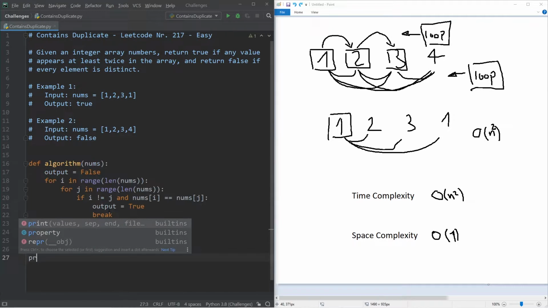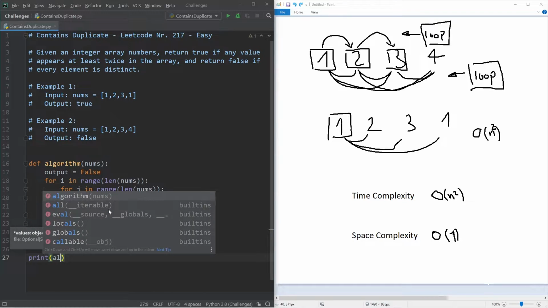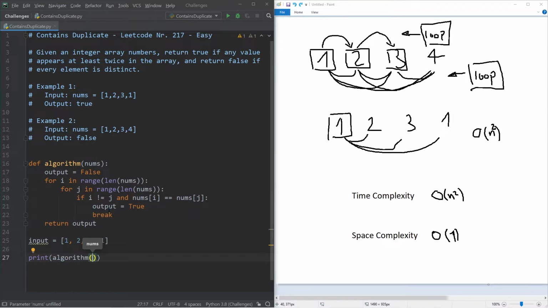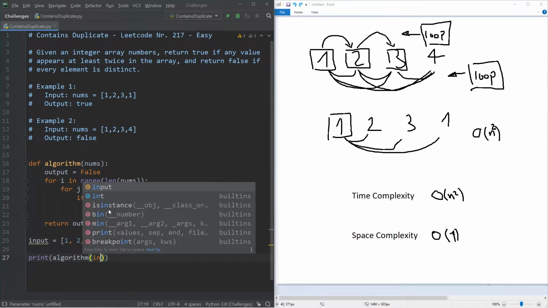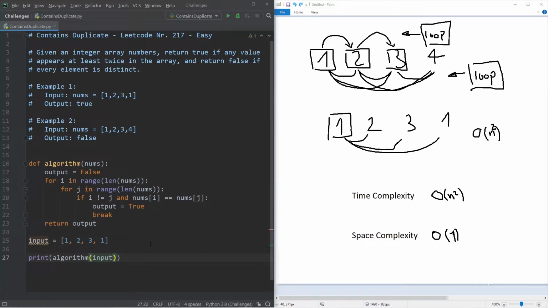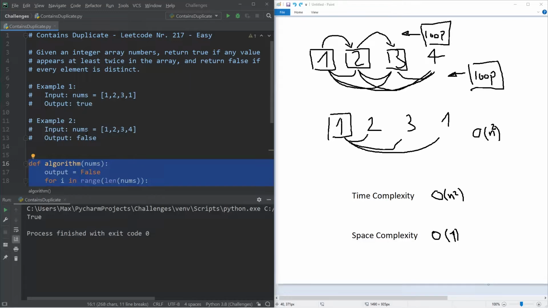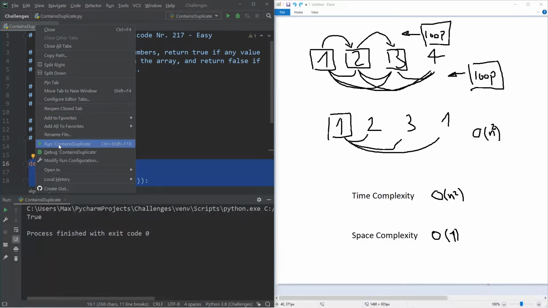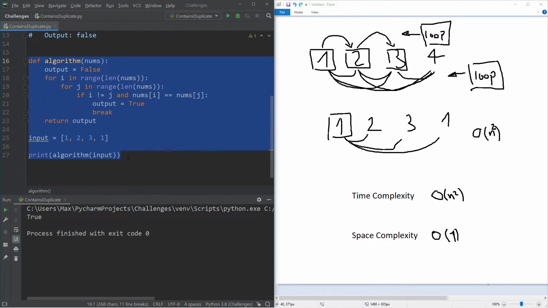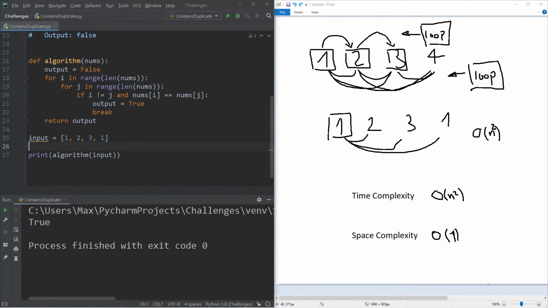And we're going to print algorithm. And let's input this sequence into the algorithm and go ahead and run this code. You can see that, well, let me make sure that I'm running this. Yeah, you can see that the console says true over here because, of course, in our input array, the number